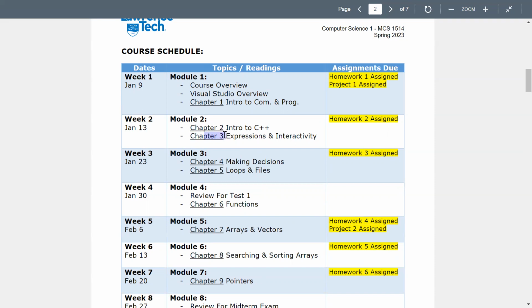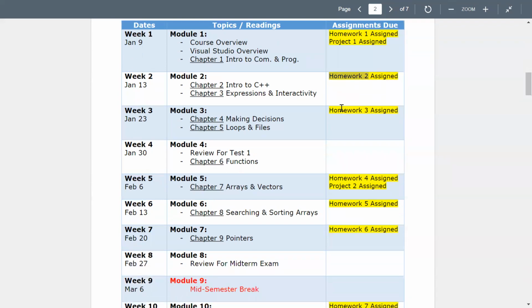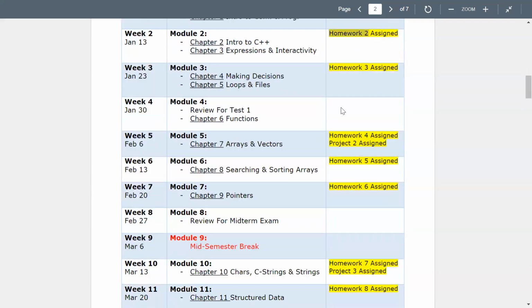Then, after I'm done with the lecture for chapter 2 and chapter 3, I will assign you a homework based on chapter 2 and chapter 3. So by the time you start working on the homework, you have read the chapter, you have watched the lectures, so you have seen the topics or the codes twice by now. This will make homeworks much easier for you. This would be your plan. This is what's expected from you, and if you do this, you will score an A.